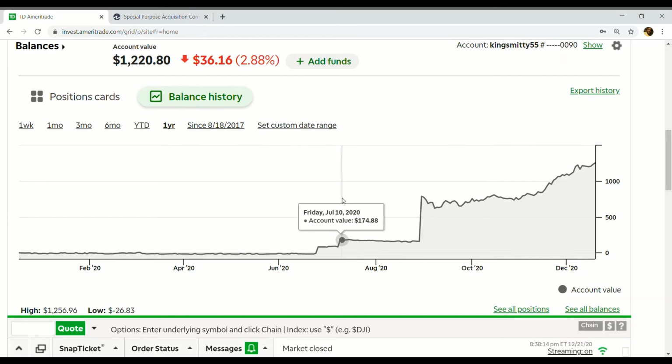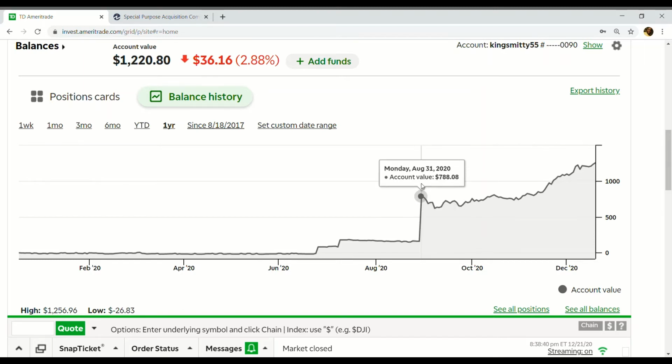You see, I started off at 175. I cut my losses pretty quick, so I'm proud of myself on that, because I was trading with literally like $100 each position around this time that I could. You can see the gaps between the days due to the PDT rule, but this is a cash account, so once I sold my position, I had to wait a few days for it to settle.